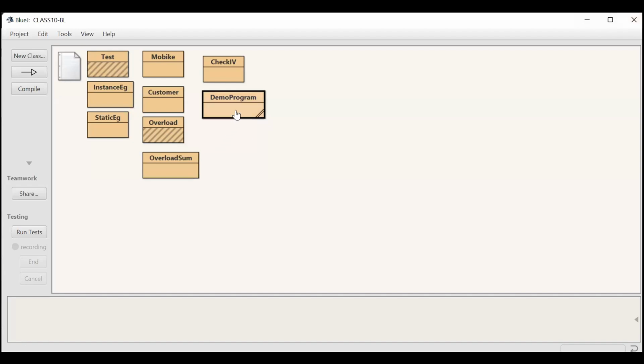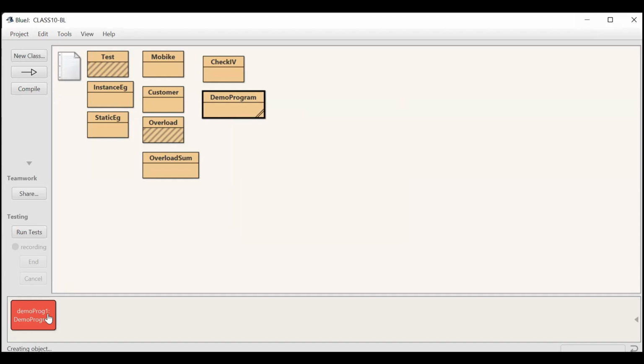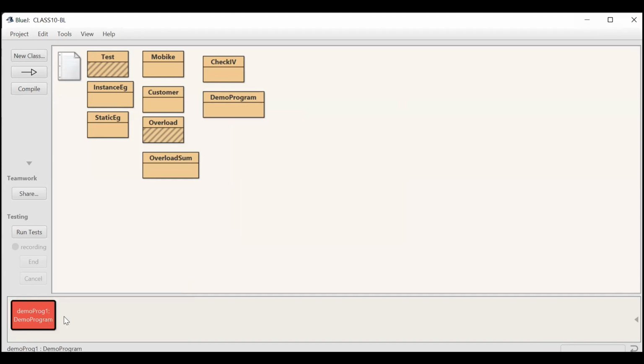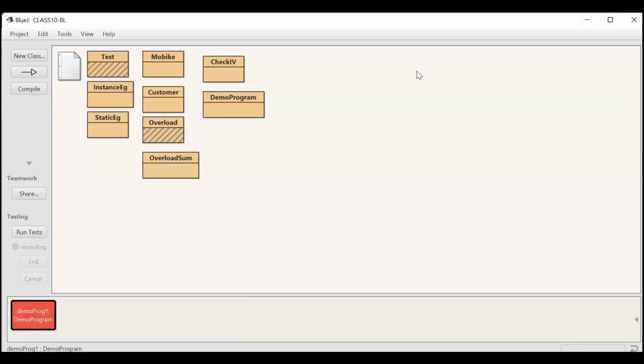Right click, create an object. Okay, right click and call the main function where we created the object. Can you see? I have called methods of check IV in demo program through object creation. Okay, now if I make